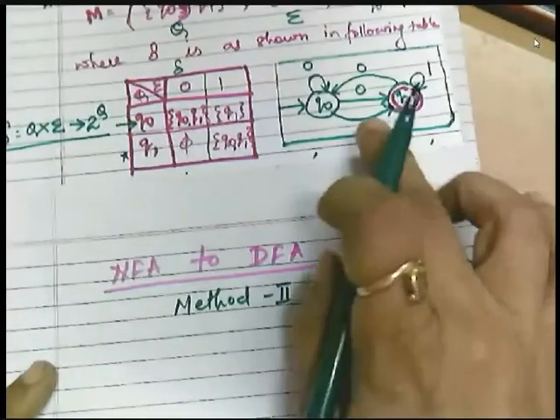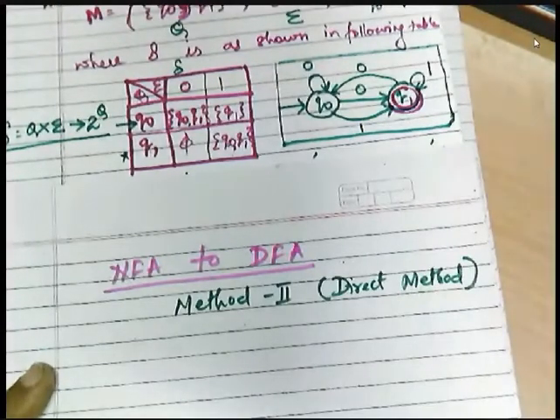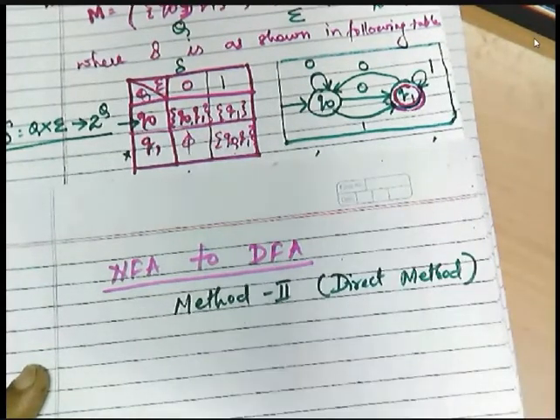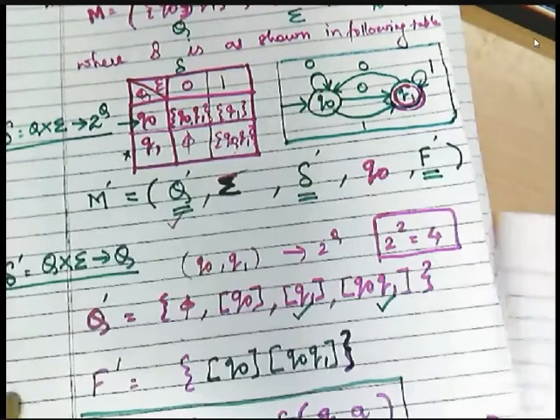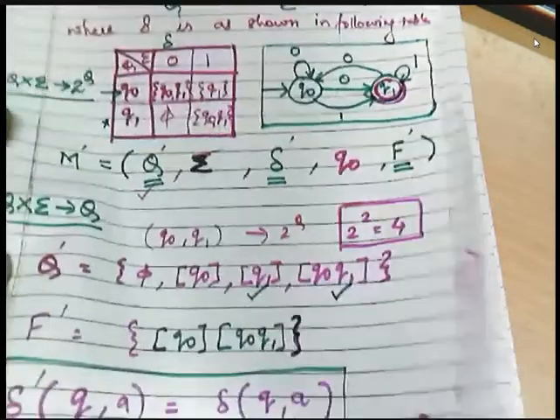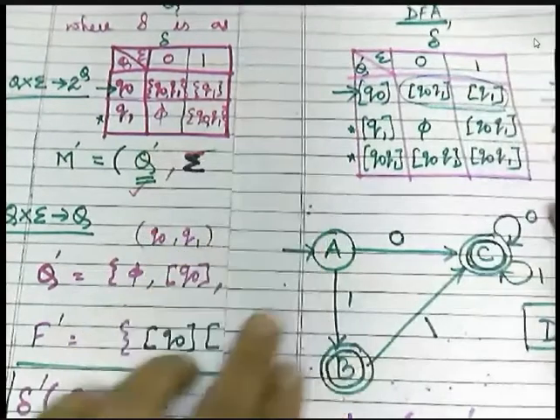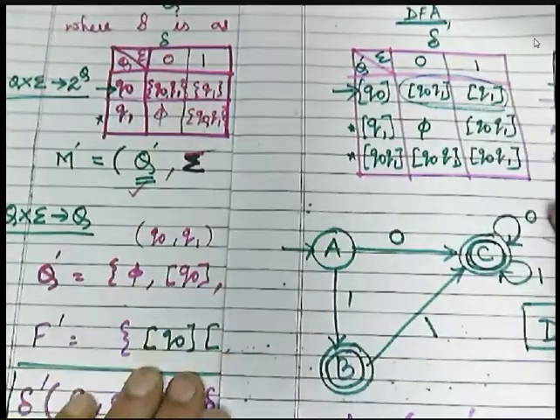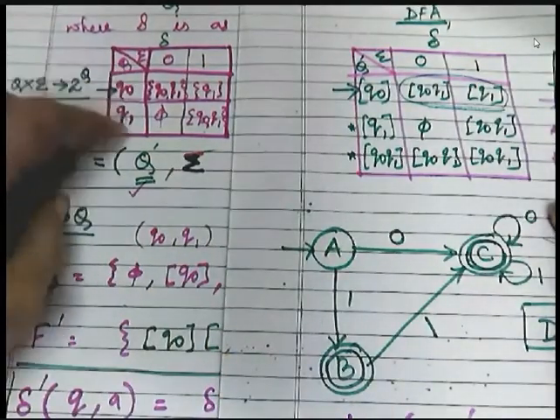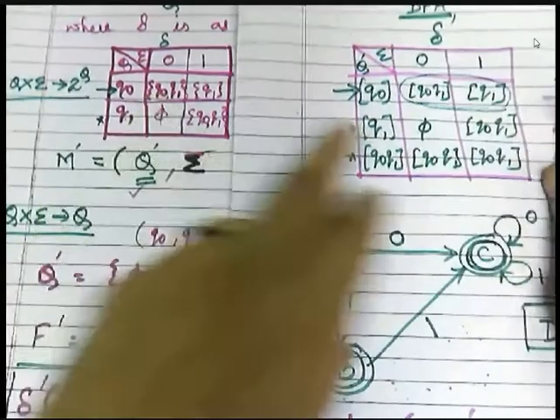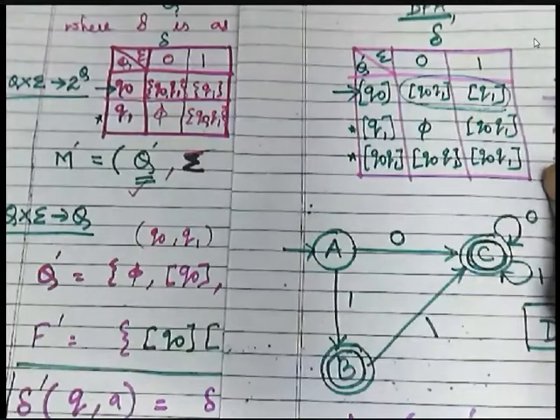This was our machine, right? Now we want to convert. So what is the easy method? Simple method. From this, what we have observed, if you compare these two tables, what is the observation? These two rows are same. See, there is no change in these two entries. Only the curly brackets are converted to square brackets, right?